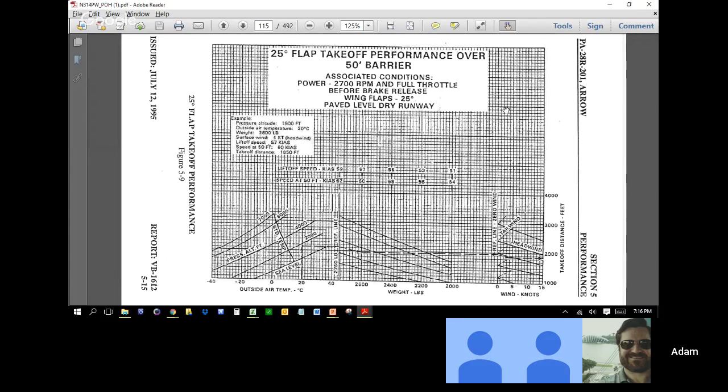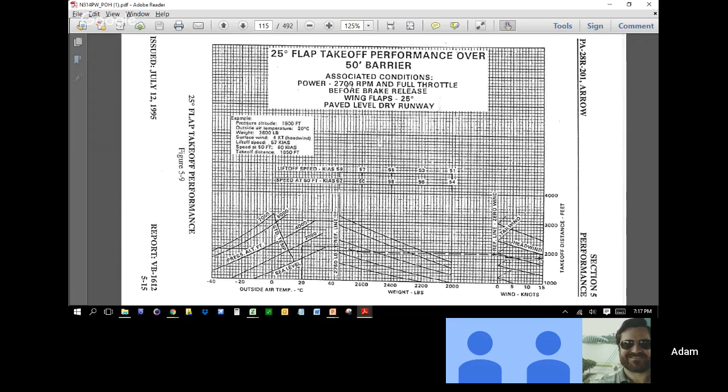So the pilot will set their flaps to first notch, or 25 degrees on this aircraft, over a 50-foot barrier. A lot of general aviation airports that we're going to fly into are not going to be like Houston Intercontinental. They're not going to have 200-foot wide runways with no trees at the end, right? A lot of our airports are going to have some sort of obstacle. And so the manufacturers will publish charts that take into account what's called a 50-foot barrier. It's your aircraft's capability to take off and clear a 50-foot obstacle, and essentially how far or what distance does